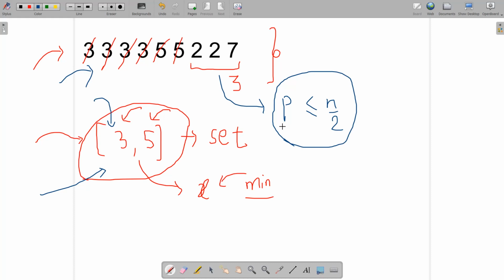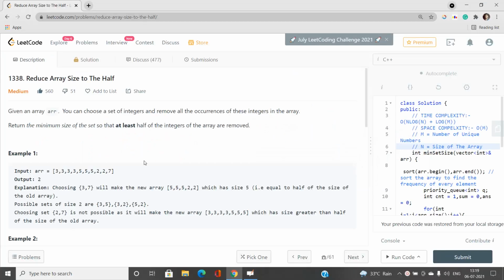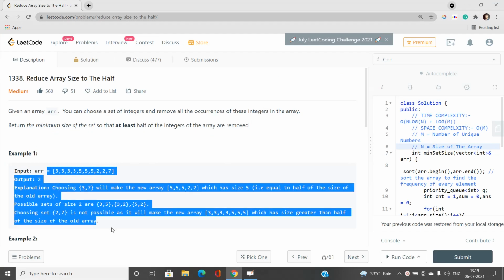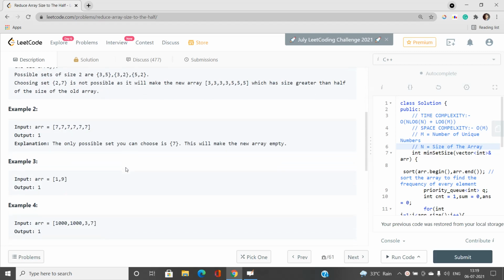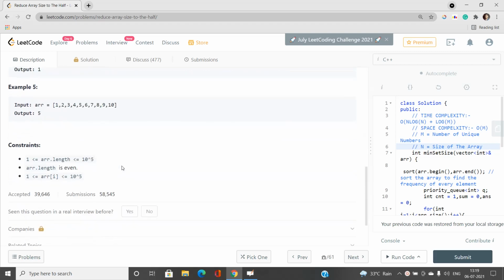Okay, now moving further to this explanation, I will explain how the answer comes about and what could be the best solution for this problem. So let us first look over the constraints to understand what type of solution is going to be convenient and what could we do in the best possible case. You can see the array length is going to be 10 power 5, so we should think of an O of n solution or O of n log n solution. An O of n square solution is not going to pass.